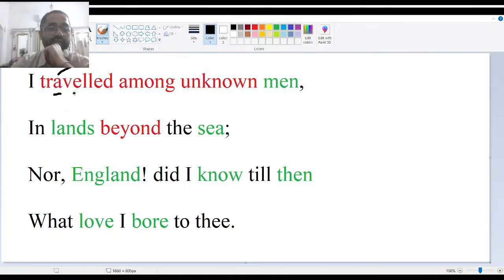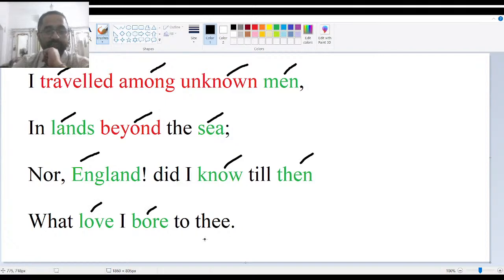Don't think that travel has 3 syllables. It has two. It has two sounds. Traveled, traveled. Among, you put the stress on O. Among unknown men. Let's also accentuate these words as well. Nouns, verbs, adjectives, adverbs. In lands beyond the sea, nor England did I know till then what love I bore